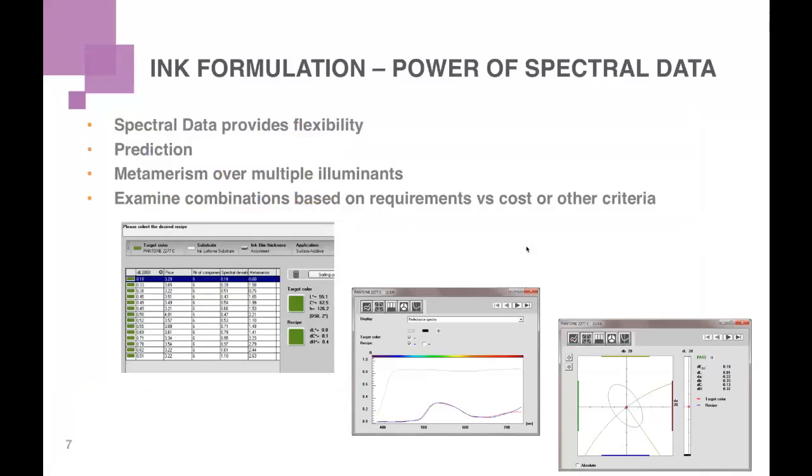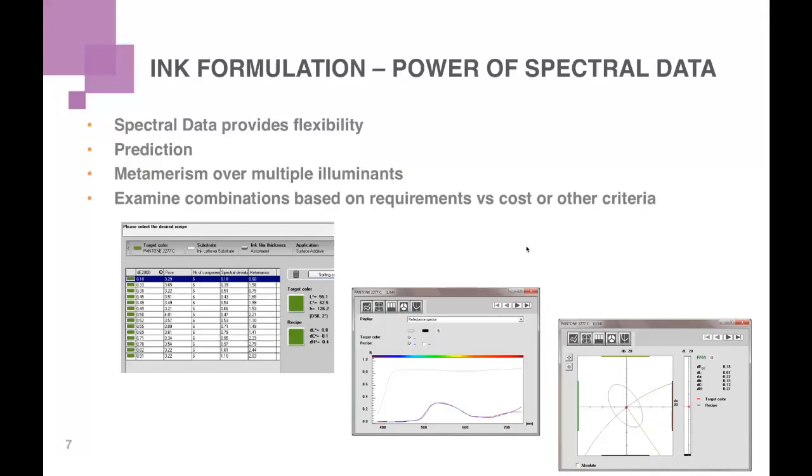So maybe we need something that looks good at press, but more importantly looks good in a store, looks good at home, and maybe you have two big stores that use different lighting, which is pretty common today, especially as stores move to different kinds of very efficient lighting, either different kinds of fluorescence or now LEDs. With the spectral data and the descriptions of illuminants, you can make sure that they're going to match as they go to these very different places,